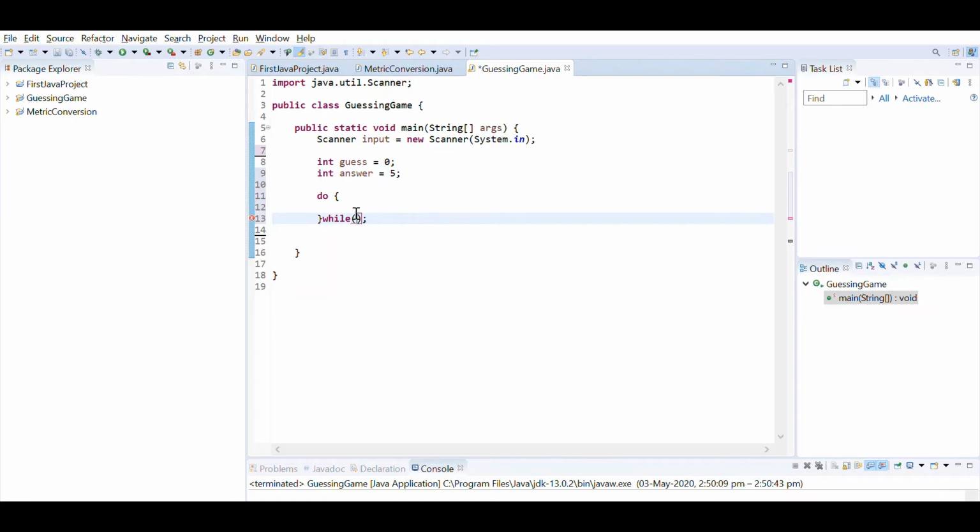Now let's take this out and put our condition inside these parentheses. We want this loop to run again if the guess is not equal to the answer. Between these curly brackets, we'll write the code we want to rerun. So first, I will ask the user to enter a number between 1 and 10. To do that, write System.out.println("Enter a number between 1 and 10"); and semicolon. Then we need to give the user a text box to enter their guess. To do that, write guess = input.nextInt();